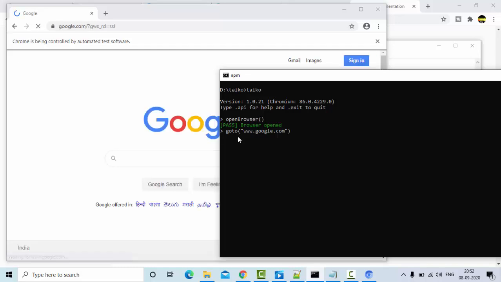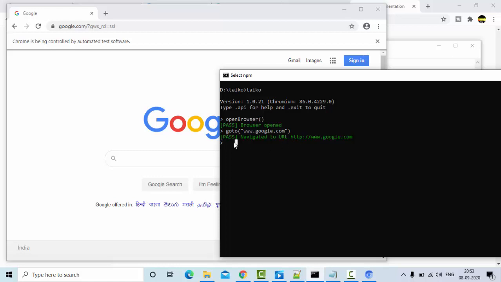Now you can see in the backend that particular URL is getting navigated. Once it is successful, this is coming. Here we are not using any implicit wait or page load, as you can see. This will be automatically taken care of by Tyco, which is a major advantage of using this automation tool, where you will perform end-to-end operations in Chrome.